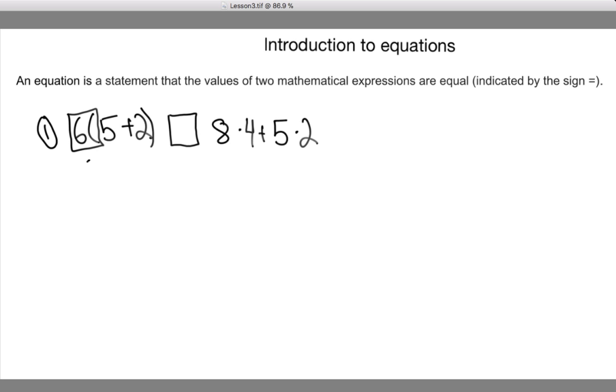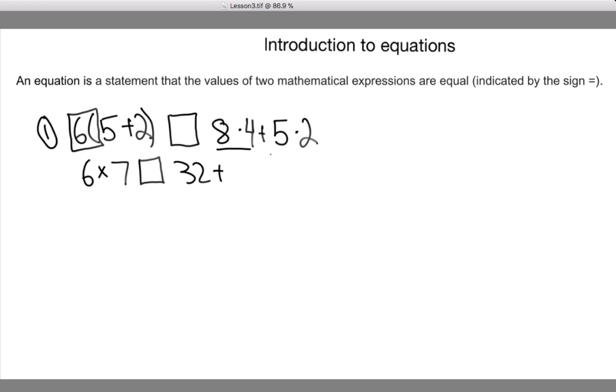So we're going to have 6 times (5 + 2). Once we solve the parentheses, we get 7, so we put 7 there. We put the box over here to figure out if it's equal to, greater than, less than, greater than or equal to, or less than or equal to. Just check it out. Then, based on order of operations again, we're going to do 8 times 4 first on the right-hand side, which is 32, plus